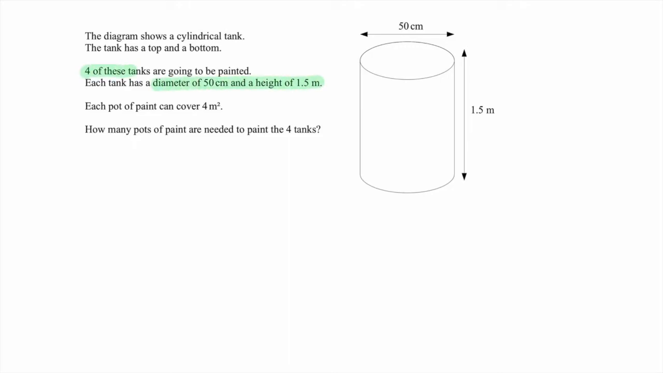I know the dimensions of my tank. And the tank has a top and a bottom. This is important because obviously when you paint the tank, you have to paint the top and the bottom. All right, let's deal with that